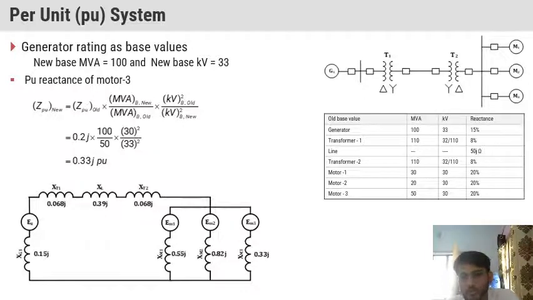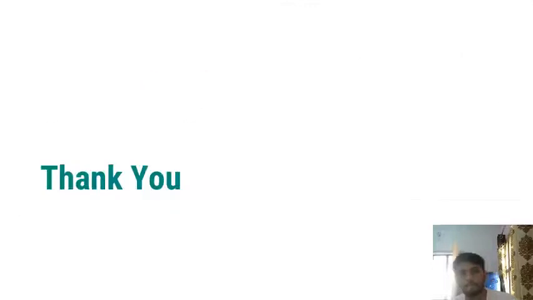You have to remember that all the motors or generators are connected between the line and ground. So these motors are connected in parallel. We connect all the models of motors in a parallel connection. These are the three motors. This is the basic method for how you can calculate the per unit value for the transformer, generator or motor.